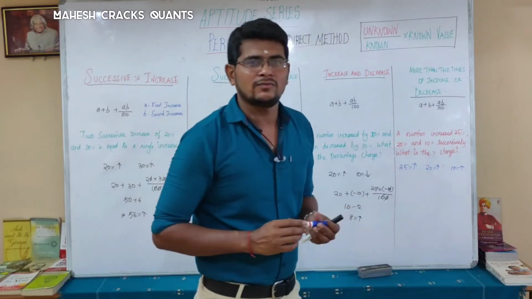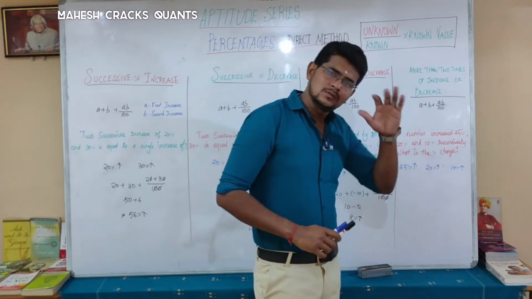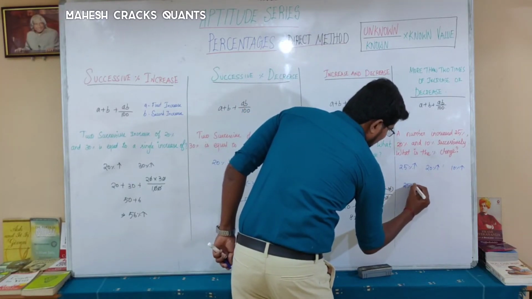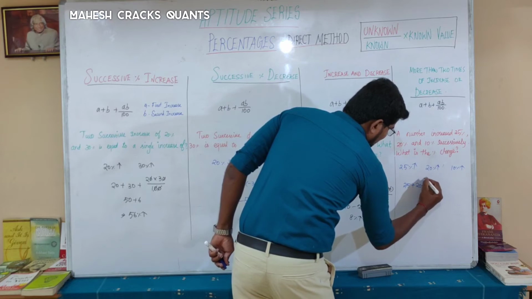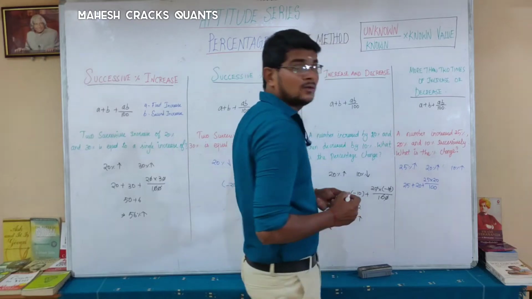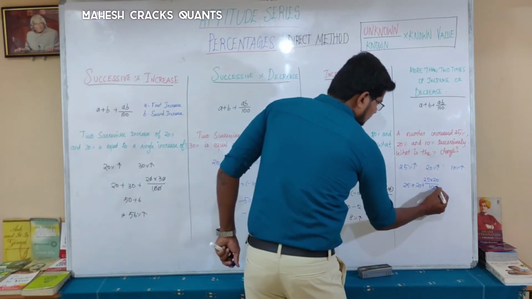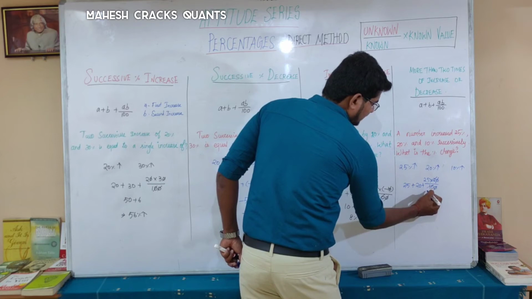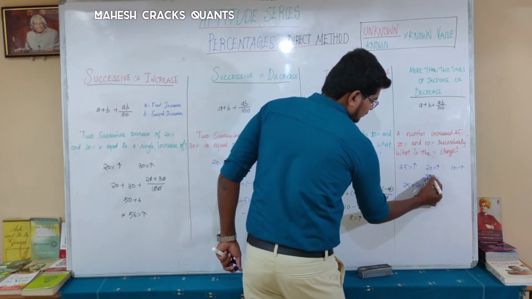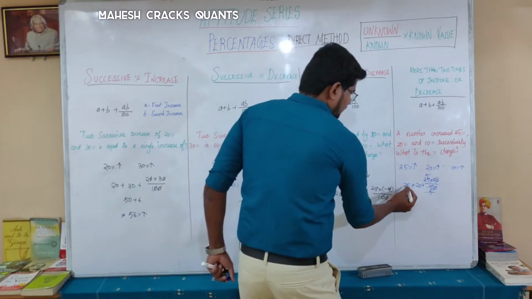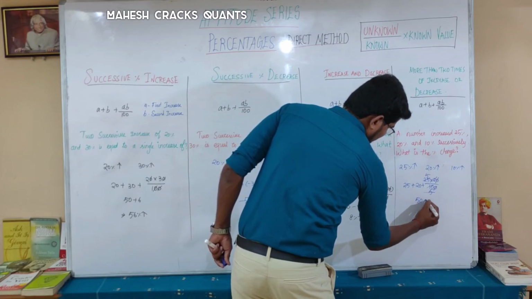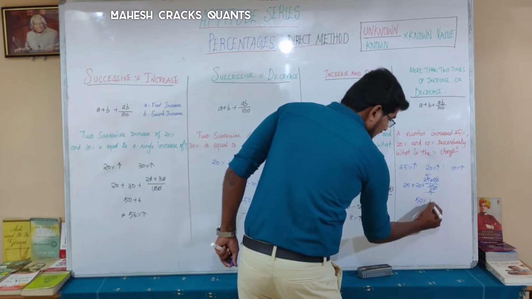So I have a formula for only two values. Okay, no problem. Just substitute for the first two. A plus B plus AB by 100. What value will you get? 0, 0 get cancelled. 5 times 2 is 10. Cancelling this, you will get 5. 25 plus 20 is 45. 45 plus 5 is 50%, which is an increase.